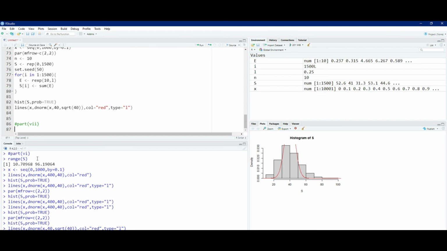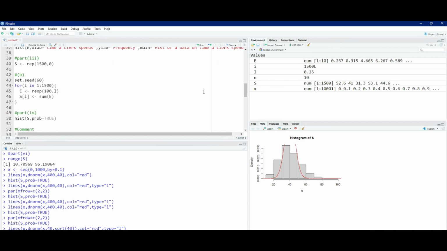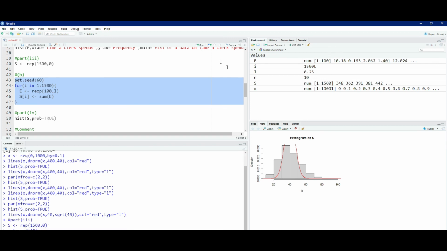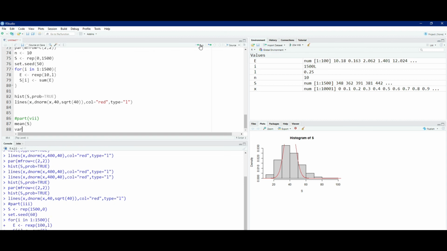So we can do that also. Next, part 7th, find the mean and variance of your simulated sample and compare it with the theoretical mean and variance. So let's calculate the mean and variance of the simulated sample. Our simulated sample was stored in S earlier. So let me run the previous part again, so that we will have the original S, because now we have an S according to n equals to 10. So we have to do this thing again. Now it is fine. So we can write here mean of S, variance of S,